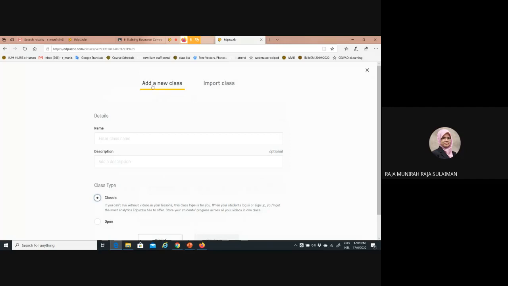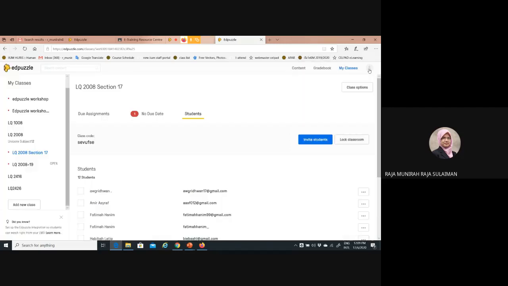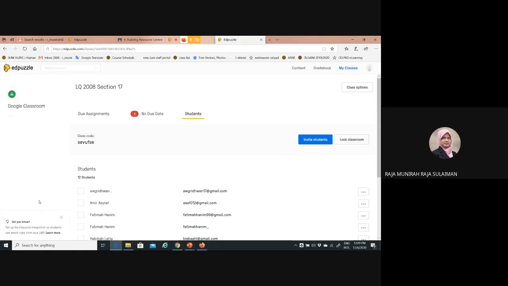The other option is by clicking Google Classroom. When you click Google Classroom, you can select the classes that you want to import. This is my personal Gmail account, so I don't have many classes here.